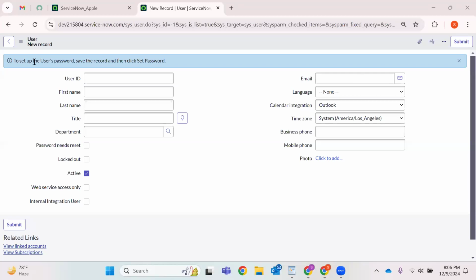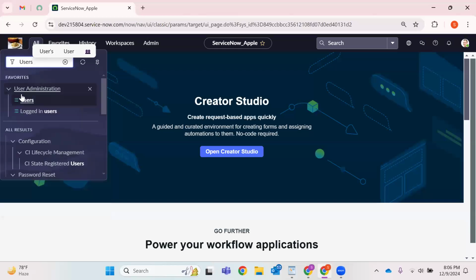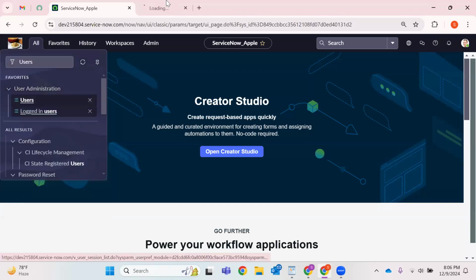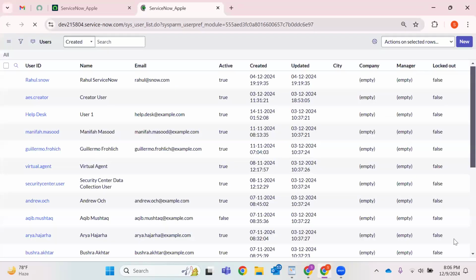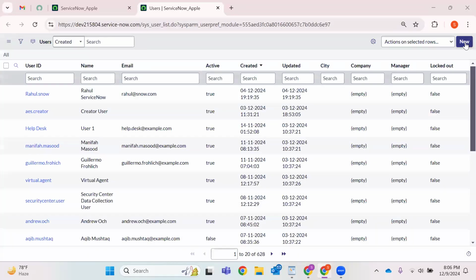Okay, so I'm on my instance. This is the left navigator. Users information is stored in a table, which is the user table. The navigation for the user table is under user administration. You'll be finding users. Just give a right click. sys_user, this is the backend name of your user table. And to create a new user account manually in the ServiceNow instance, you can just click on new